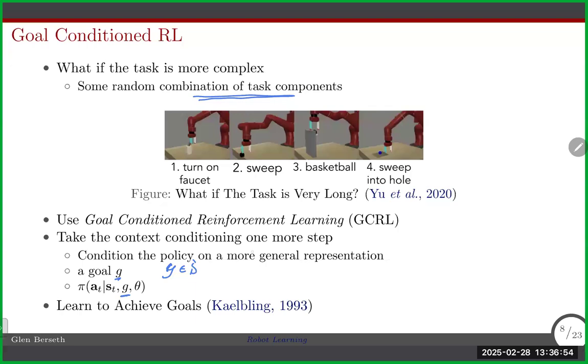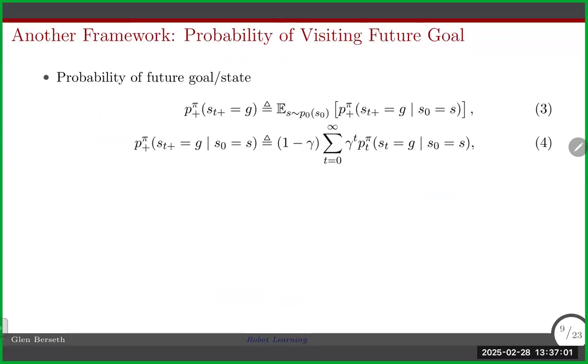So this is basically taking this context conditioning one more step, where now you don't have the vectors, you can use the continuous states. Okay. A brief aside for a second, just depending on if you go reading goal conditioned papers for goal conditioned RL,